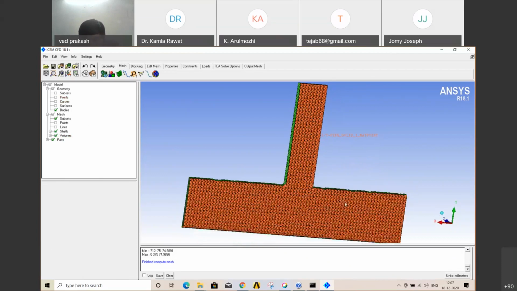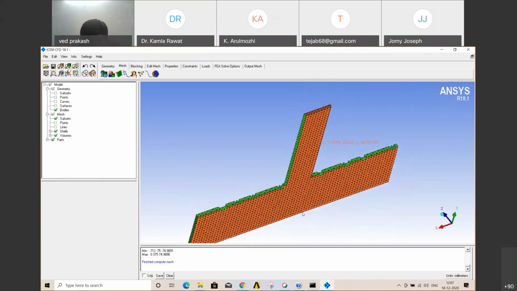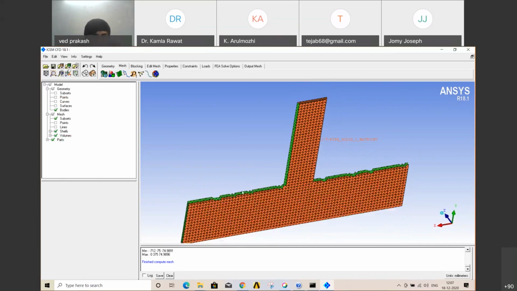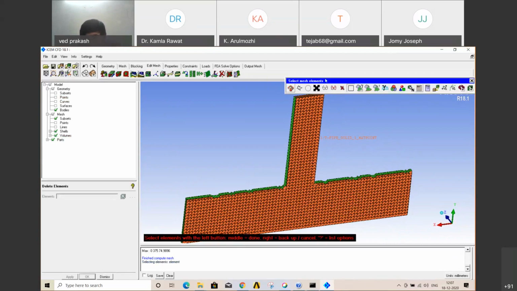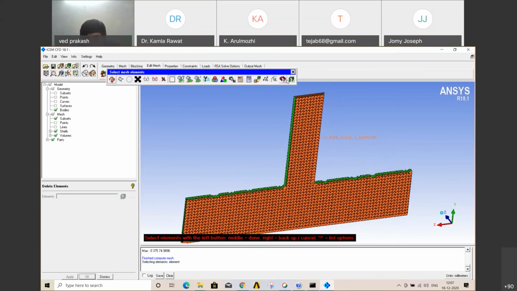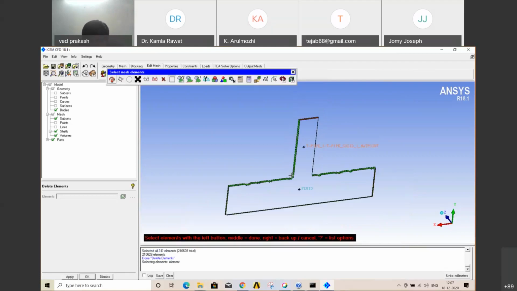As you can see, your quality is not that good because we used robust octree. So just go to edit mesh. In the last option, there is an option delete elements. Just click on that. From the function tab, at the end, the option is delete all elements. This will delete all volume elements.